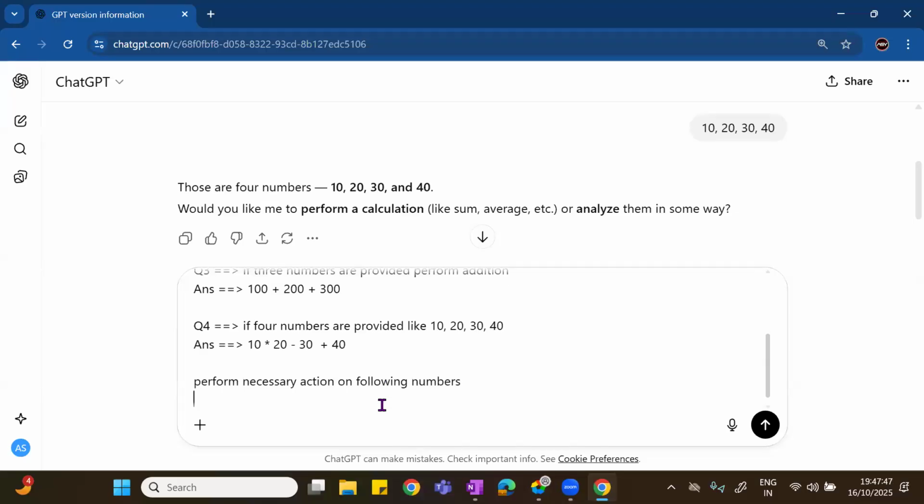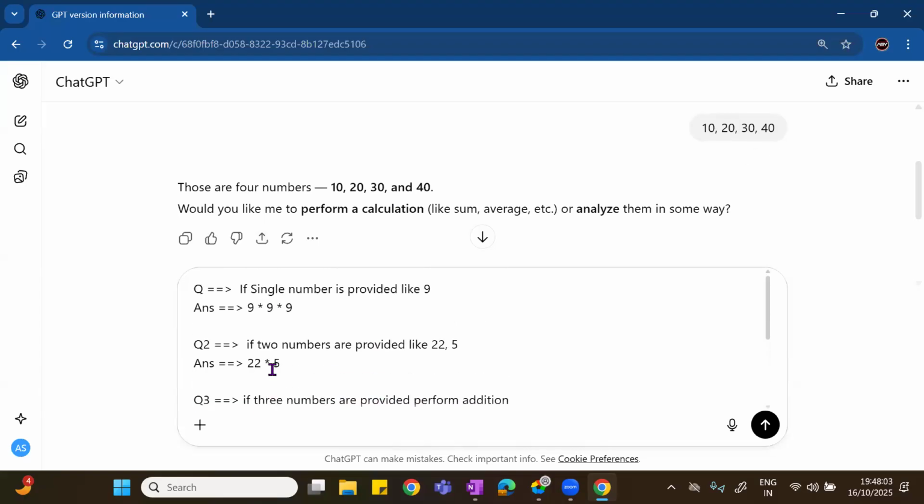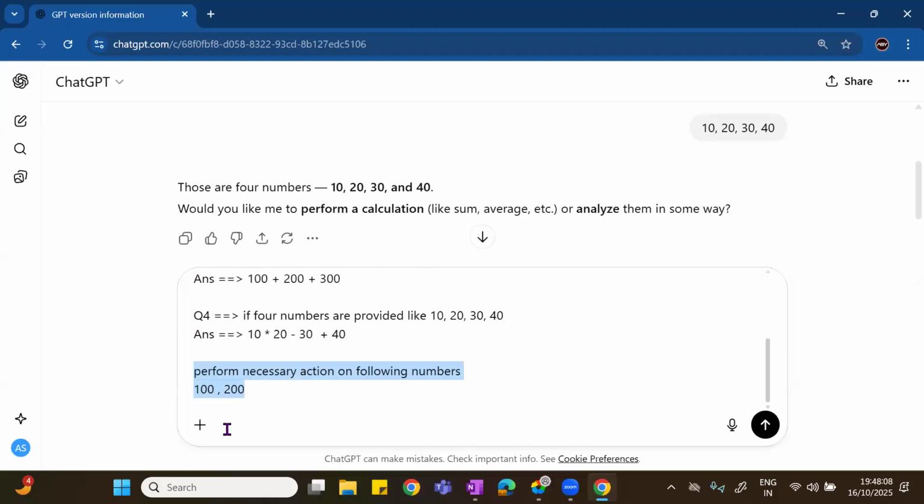What I'll give it is 100, 200. It will do it. Previously when I asked it, it was confused. Now I am asking this one because I provided some samples in the prompt itself. Based on that, it will do the necessary operations.